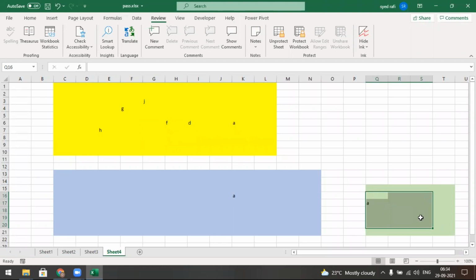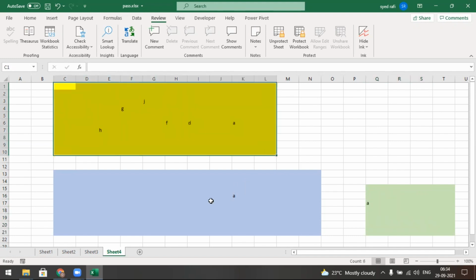The user can do the work for which you have given permission, and other work he can't do. We can do this in Tally. In one sheet, you may allow different users by giving passwords like this. Allow Edit Ranges. I hope you can understand.